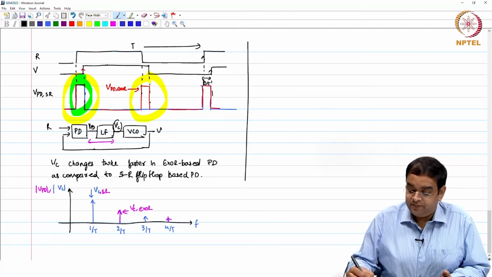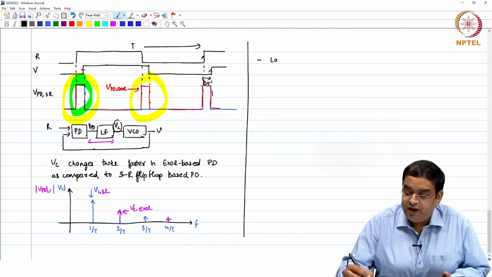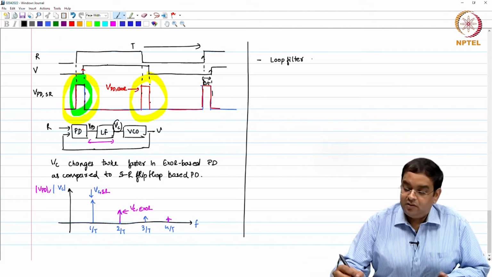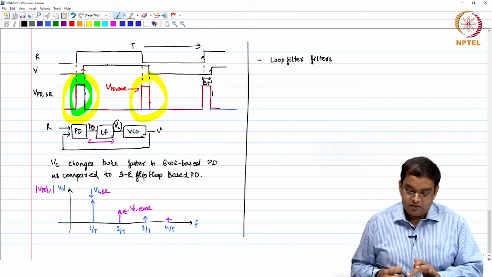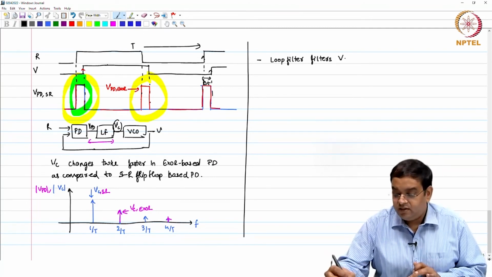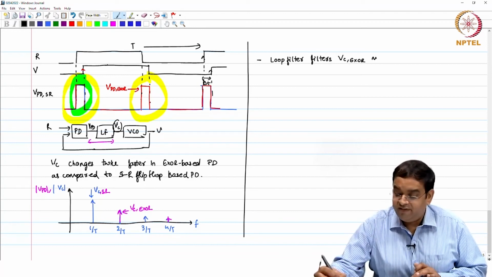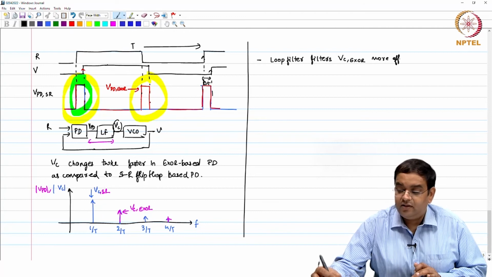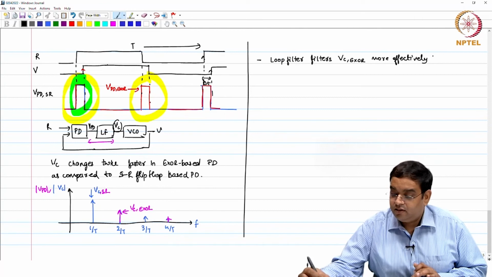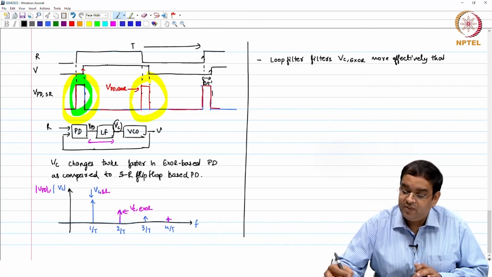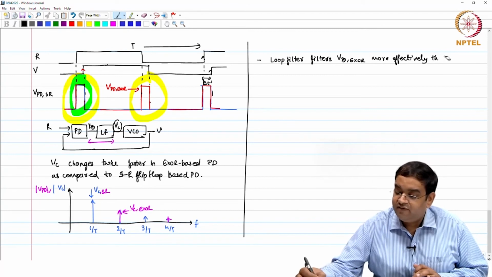One, the loop filter filters VPD XOR more effectively than